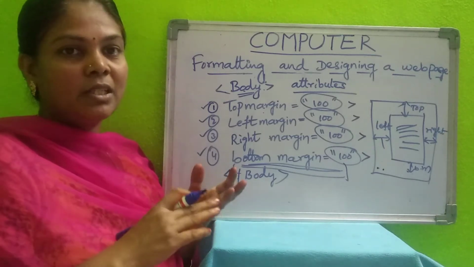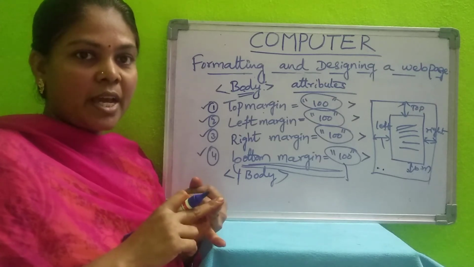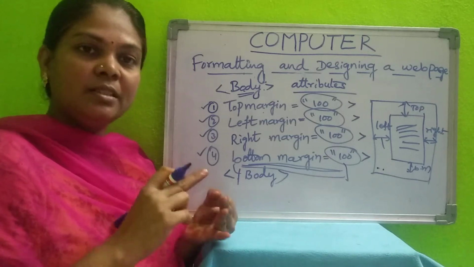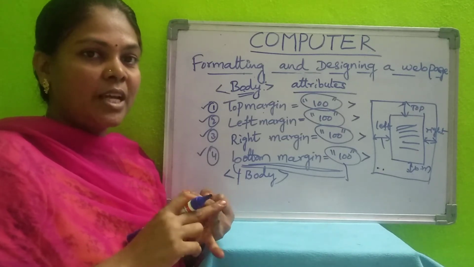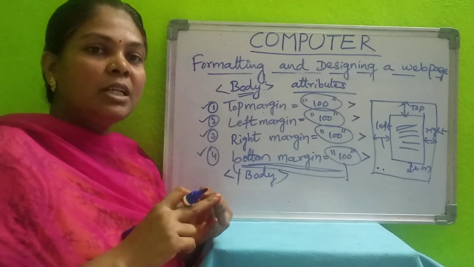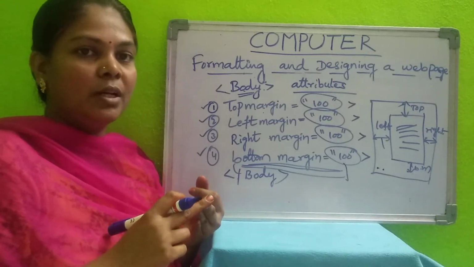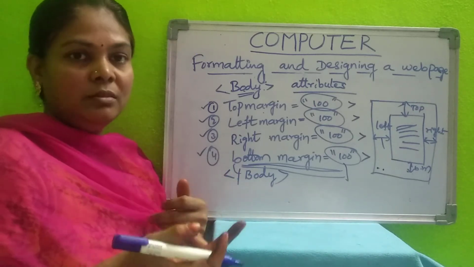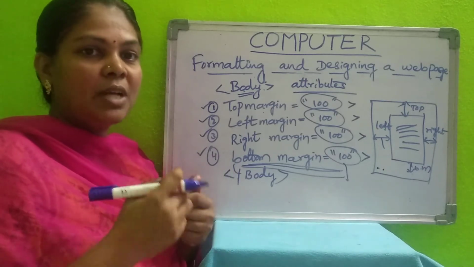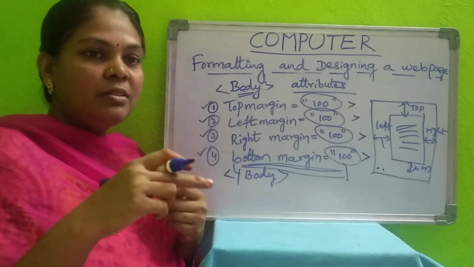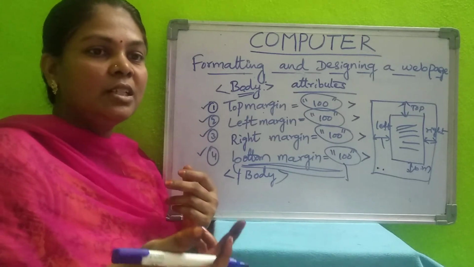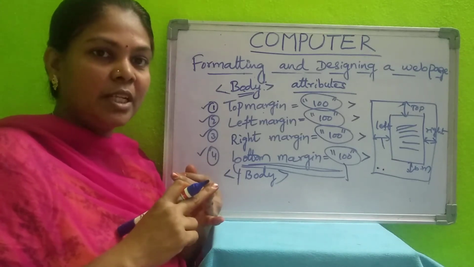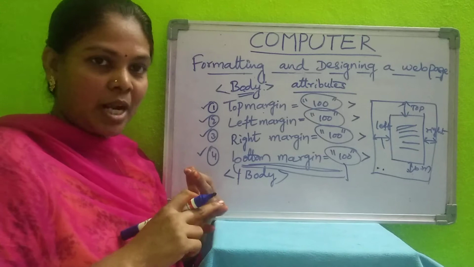Okay. Till now we have learned about the font tag, basefont tag, and body tag. In the font tag, what attributes do we have? Face, size, color. Okay. Face is handwriting, size we have to mention 1 to 7. For color, we have to mention the color name or color code. Okay. Next one is basefont. For that we use the size attribute. Size equals 1 to 7 range. We have to mention the number. It will change the display of the text in the whole HTML document. And you can increment the size of the text and decrement the size of the text by adding the number and by subtracting the number.